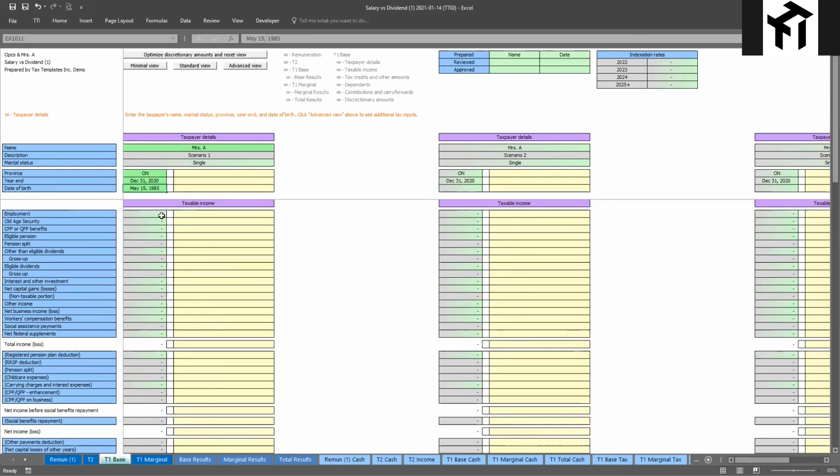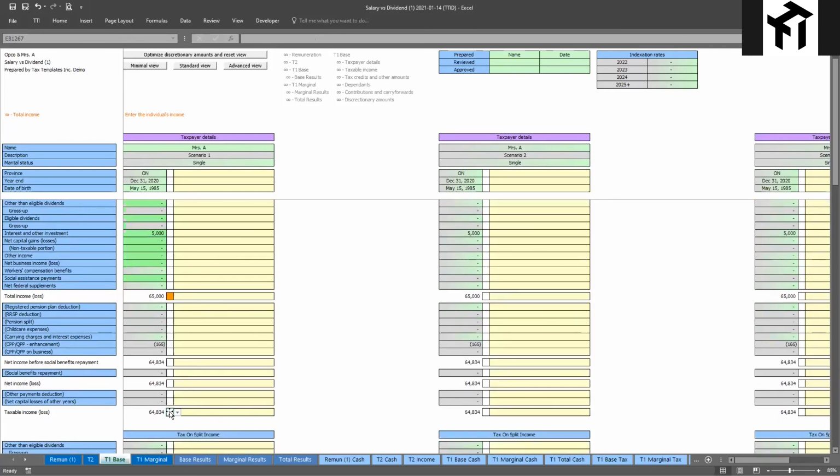Let's assume that Mrs. A has $60,000 of employment income, and we'll assume that that employment income came directly from the corporation and also has some interest income of, say, $5,000. By putting this information in for Mrs. A and Mrs. A's base scenario, now what we're going to do when we calculate the results is calculate it on every dollar above